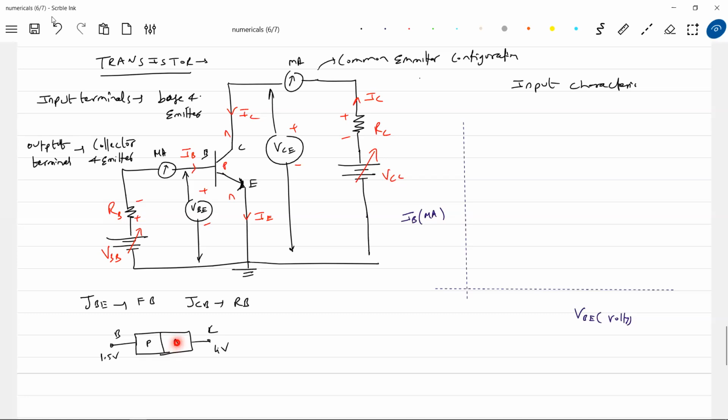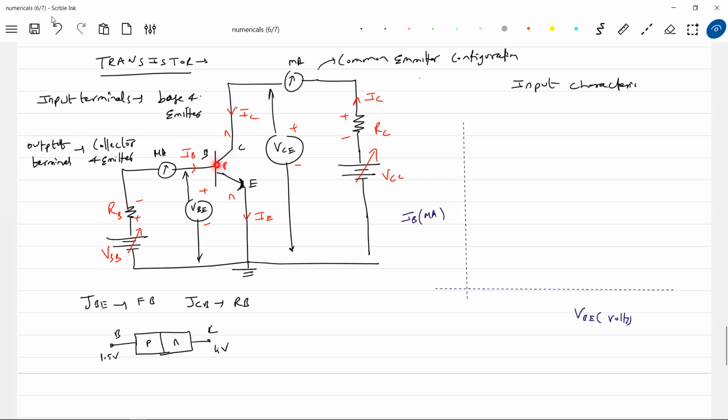Because N is more positive than P. N is more positive than P. The similar condition arises here, by adjusting this voltage such that the transistor is in the active region. For active region, the base emitter is forward biased. We will see the base emitter forward bias in this particular cell. That's why the positive terminal is connected to base, P type, and the negative terminal connected to emitter, N type. This cell will be forward biased. These two cells will make the collector base junction reverse biased.